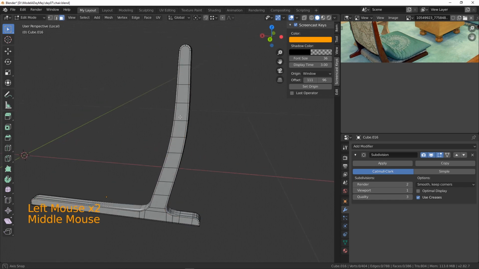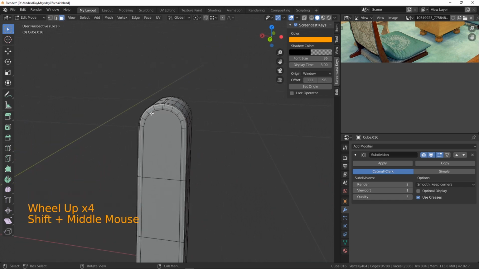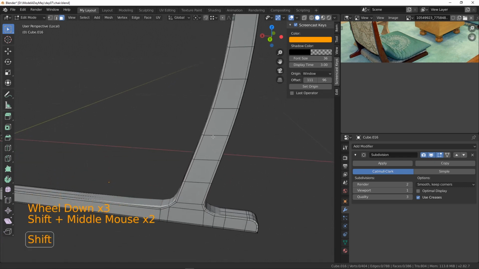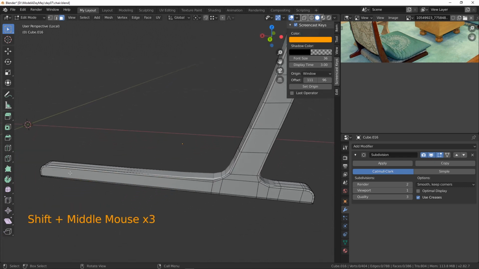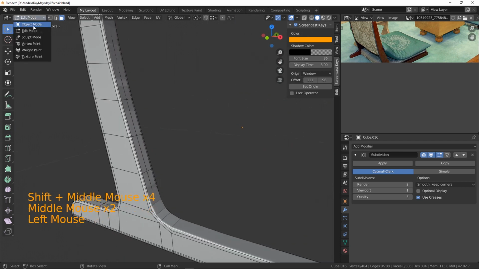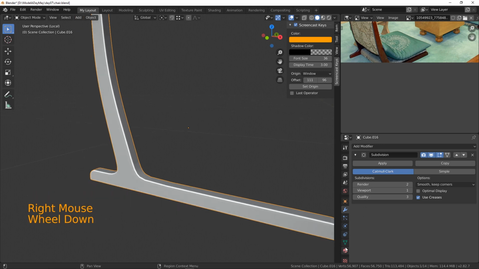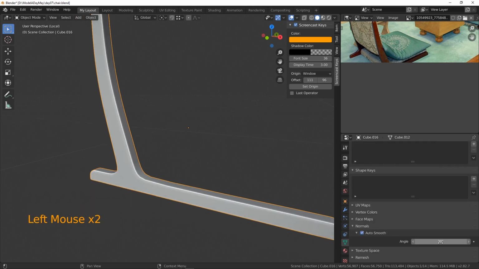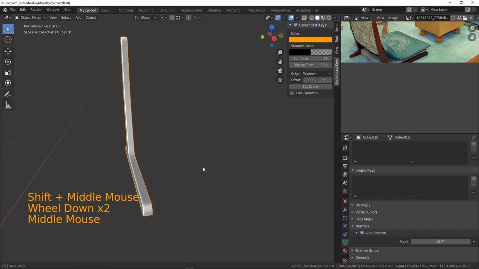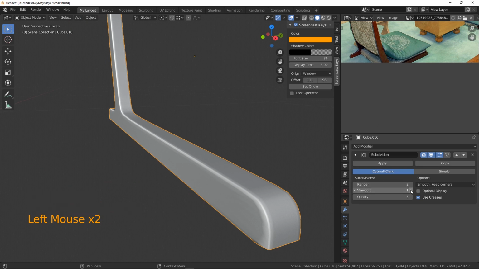So let's deselect everything and we'll have a look around. And you can see that we essentially do have an edge loop going around the entire model. This basically follows the geometry pretty well, all the way down, and now we get those sharp edges. Let's go to object mode, let's go to shade smooth. We will make sure auto smooth is turned on, set to maybe about 40, 50, 60, something like that, just until the smoothness disappears, or until the